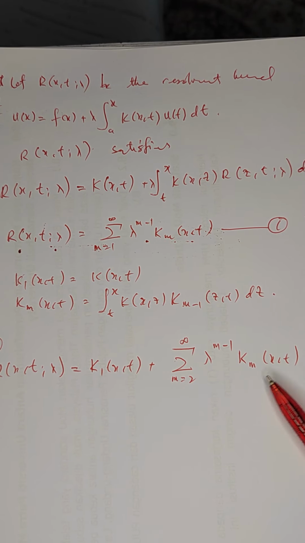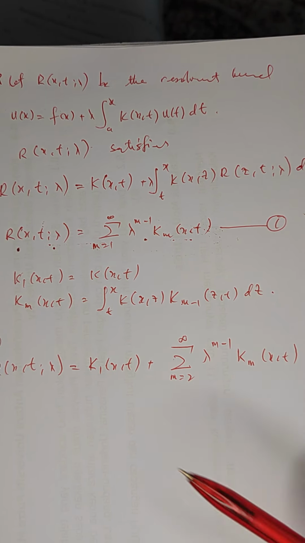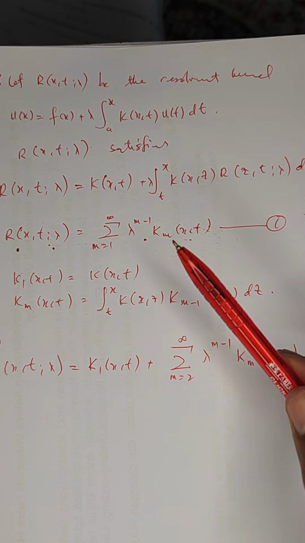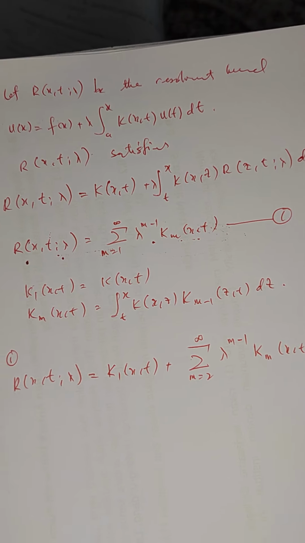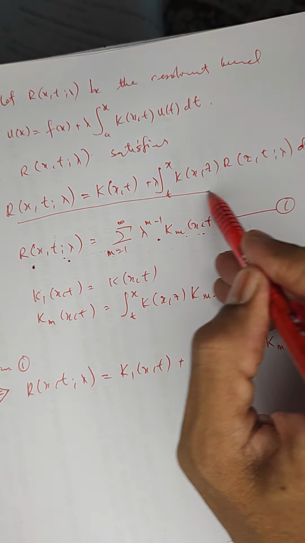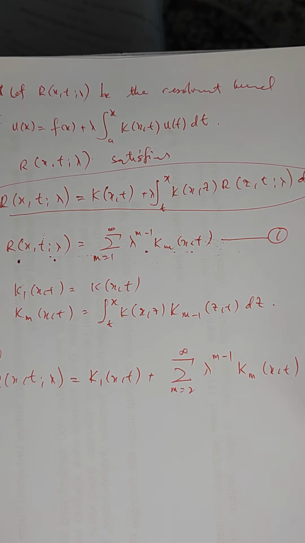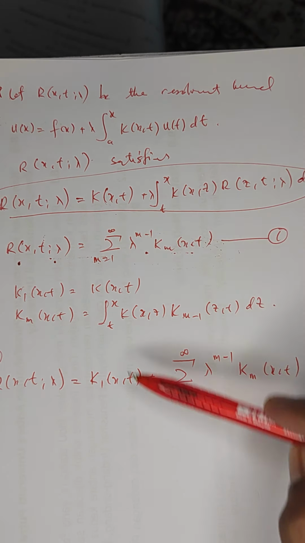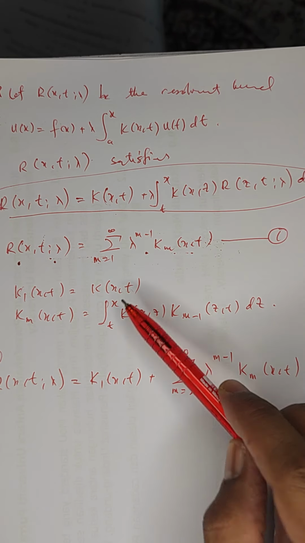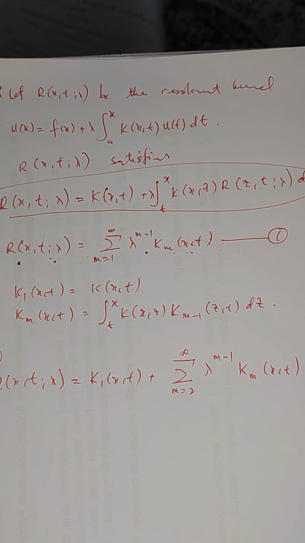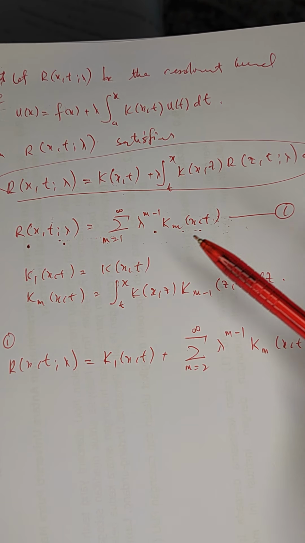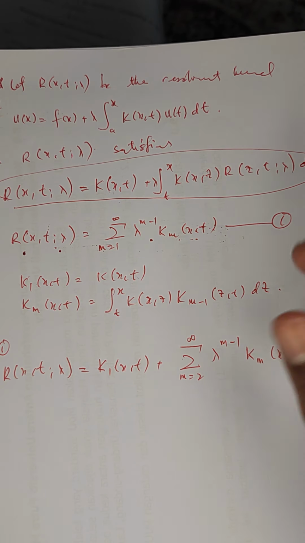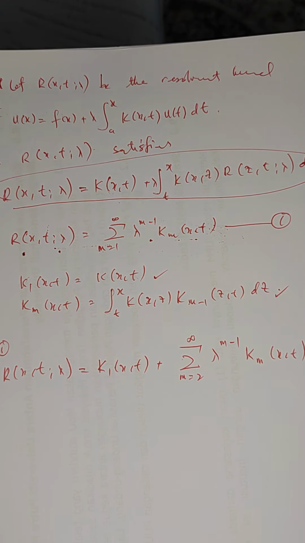So what we did was just take out K_1, and K_1 is equal to K. Remember that the purpose is we want to write the end result, and we already have the first term, K, using that relation. So using those two relations, the iterated kernel relation, that one and that one,